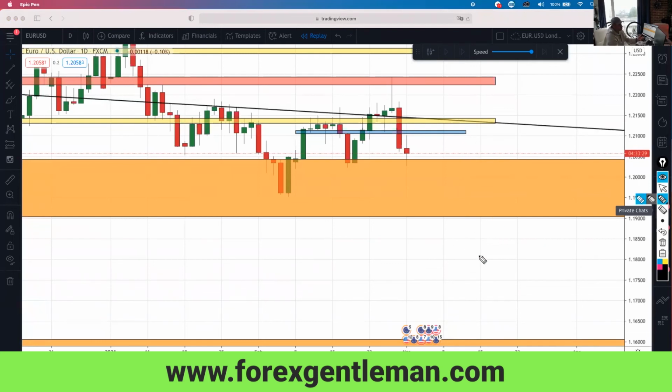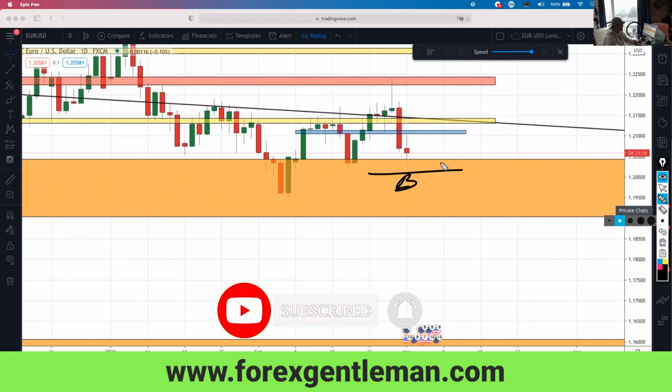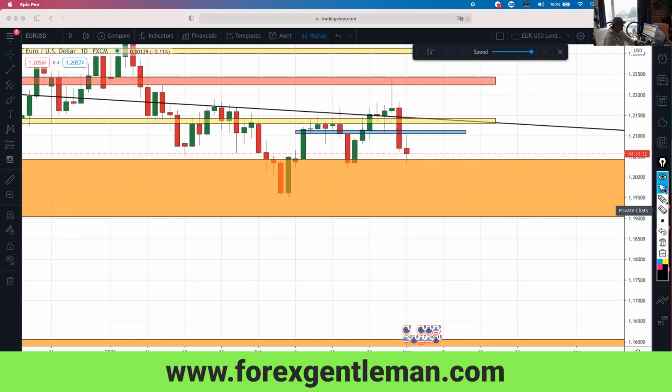Maybe. I mean, we're going to go through a bunch of pairs. Maybe our margin is used better elsewhere. But if we are going to find an entry to the downside, sell pressure needs to break buy pressure at its weekly upper zone. Right now, there is no entry to the downside because we know that there's going to be buy pressure. There's no entry to the upside because we don't trade against the flow, right? We don't swim against the current, only with it. And for this reason, all right, we are moving on to our next pair, which is going to